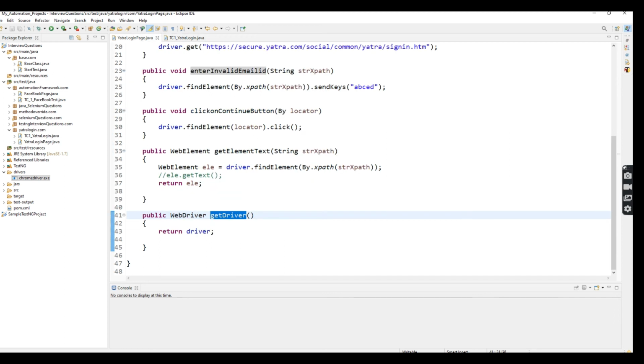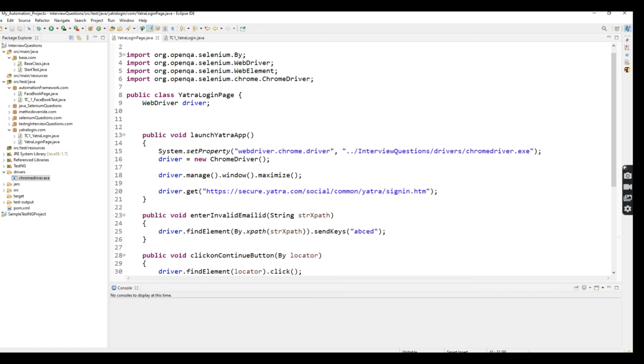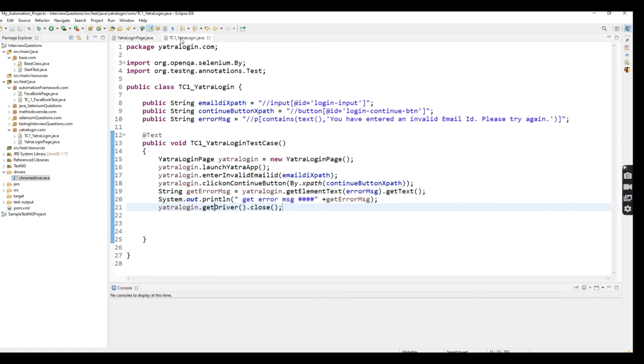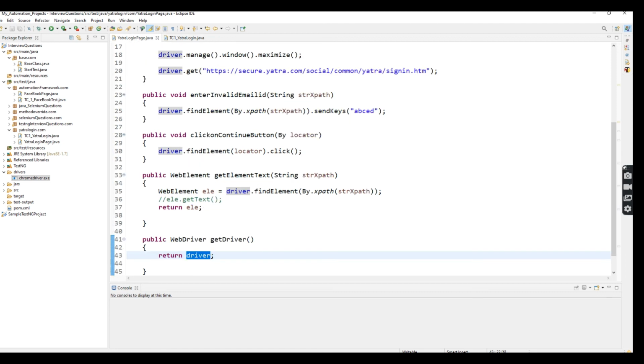What the get driver will do, it will return the driver instance, right? I already installed the WebDriver driver. It will return the driver one, right? So for that reason, using this get driver, I'm directly passing a method, which is the close method, right? So this is the purpose of using this method.